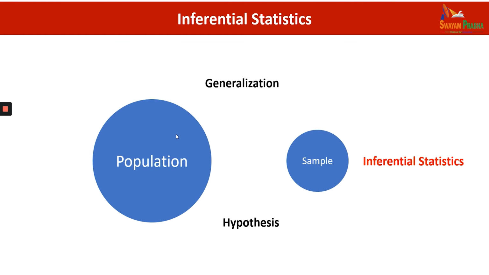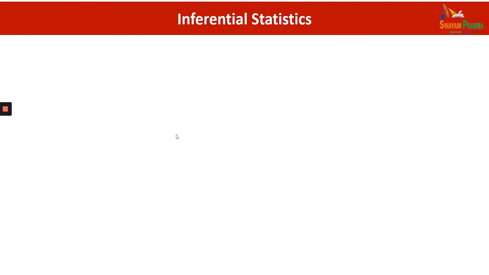So having said all these things, let us now move to what type of inferential tools or statistical tools are available with us. So I am going to begin with the chi-square test. So the very first and very commonly used tool for testing of the hypothesis is chi-square. You might have noticed that when I was talking about that we have to use the different types of statistical tools depending upon the nature of the variables or the type of the variables.